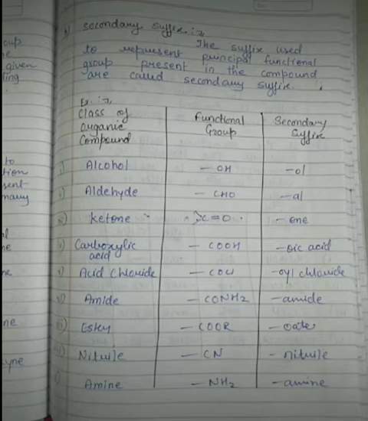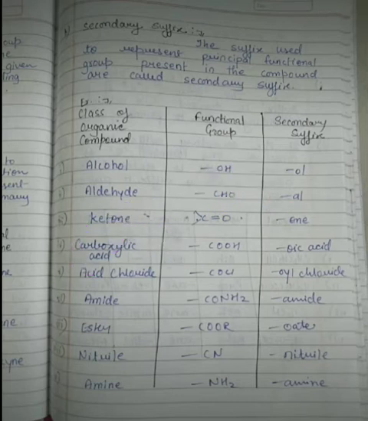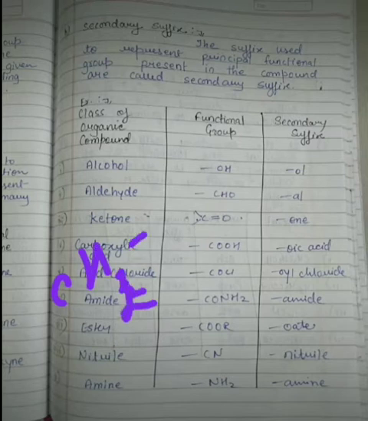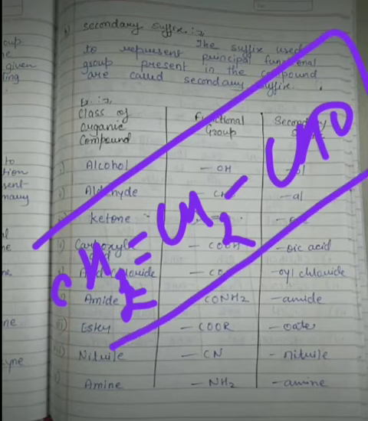So just have an example. Suppose there is a compound that is CH3, CH2. Wait, let me start from the very beginning, because it will be impossible to draw more than a 3 carbon compound, and this is CHO. So students, suppose this is the skeleton. There is no substituent, so prefix should not be written, but in the parent chain we have to say how many carbon atoms are there. So there are 3 carbon atoms.